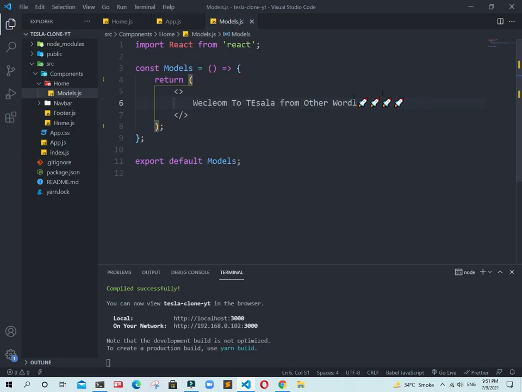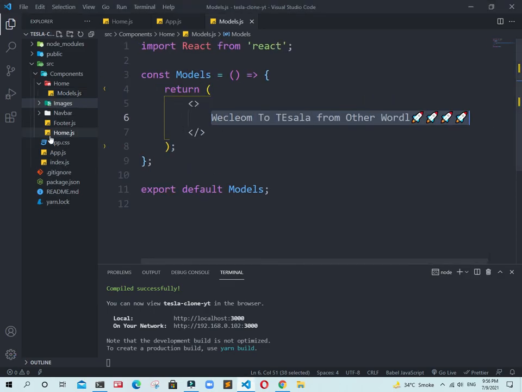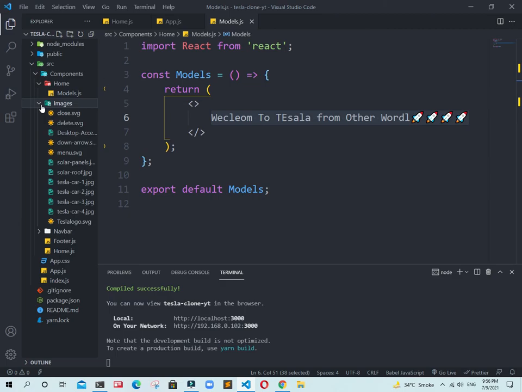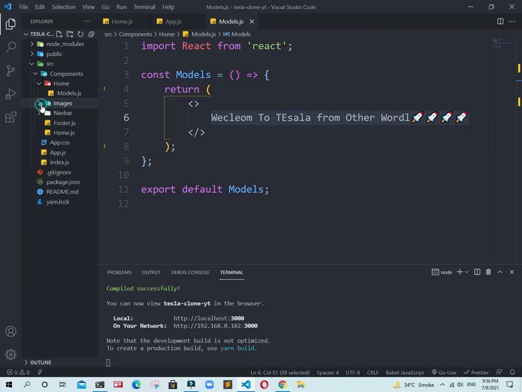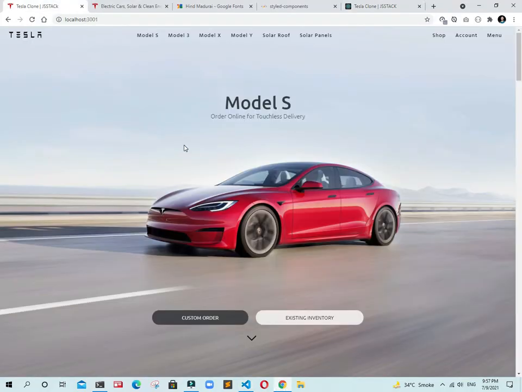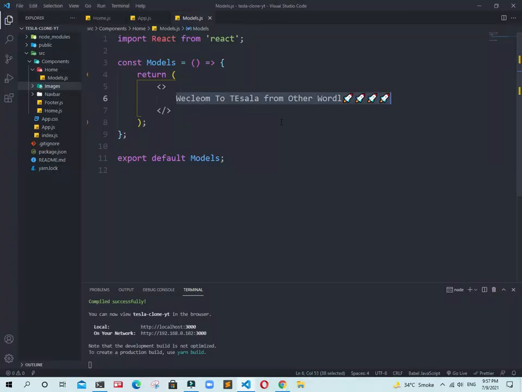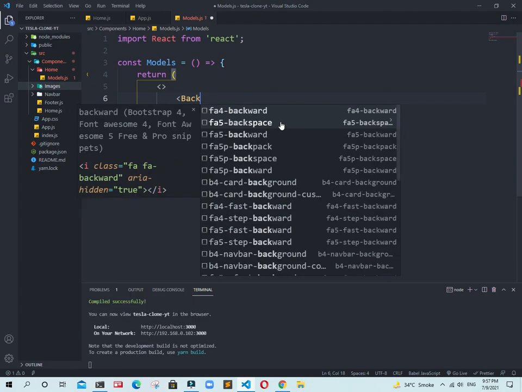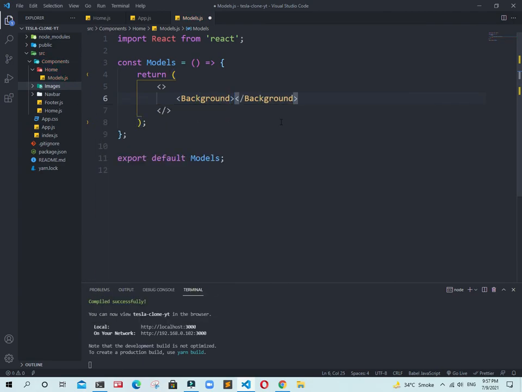Okay, in models.js, guys, I just added one more folder there. These images will be provided to you by a link in the description. You can also download from there, or you can also download from my GitHub account. Okay, so I am just decreasing it there. Now first of all guys, again we need to understand the scene. We have a background image. Okay, first we write our background image, just type background.